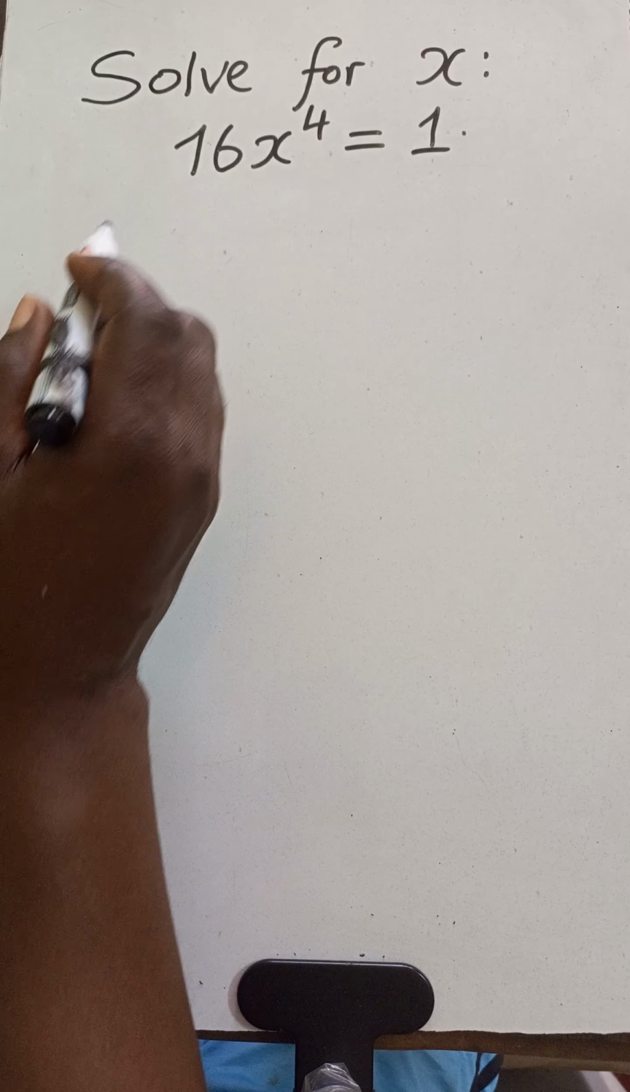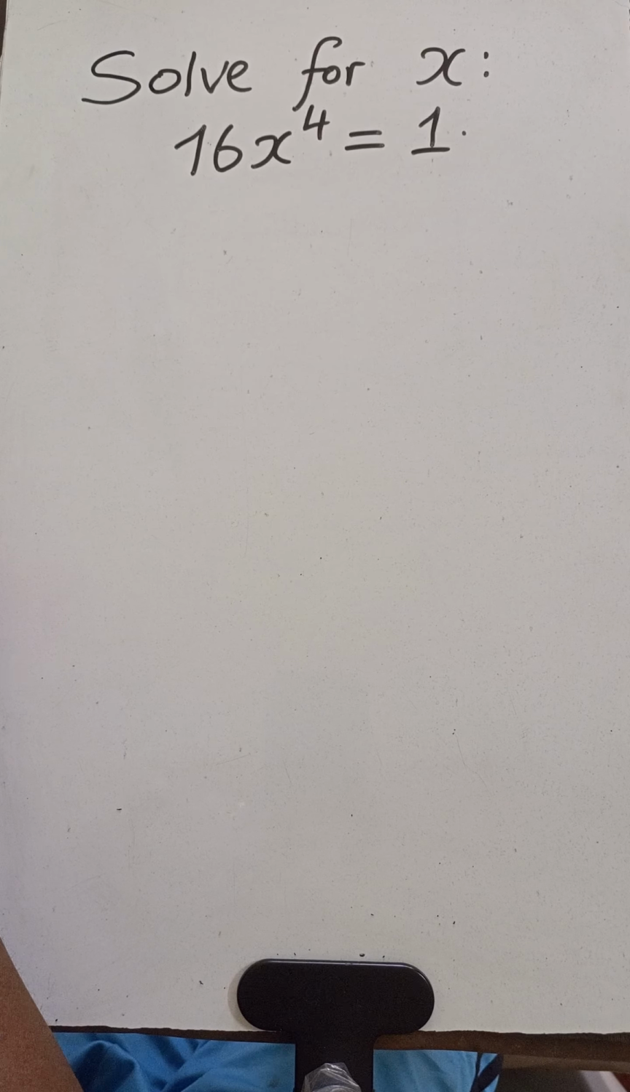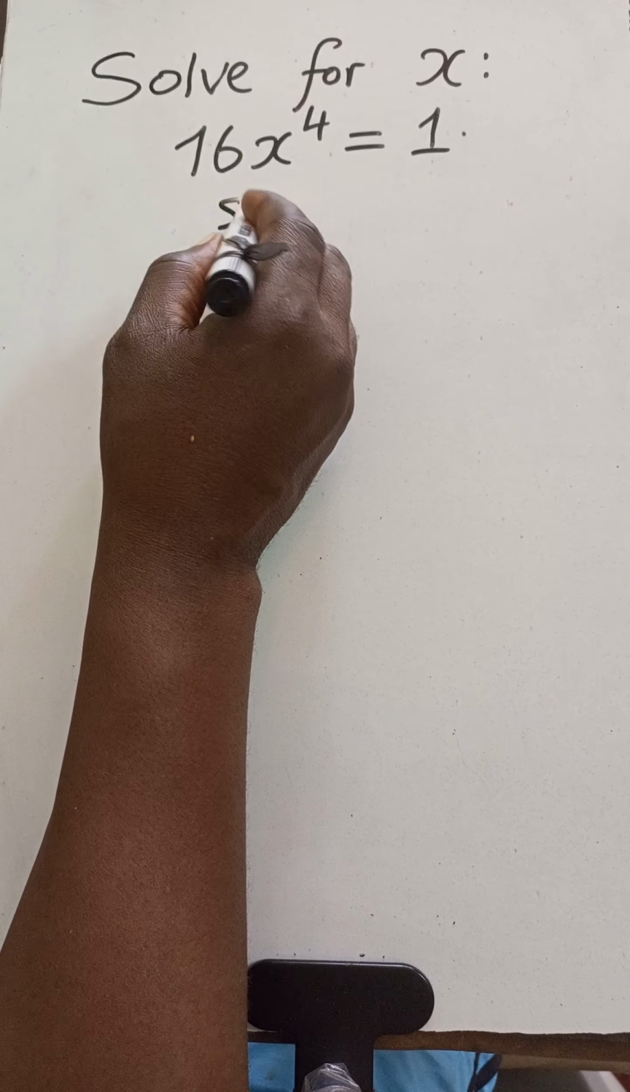16x to the power 4 is actually a polynomial of degree 4. A polynomial of degree n is always expected to have n solutions. So this one, which is of degree 4, we expect it to have 4 solutions and not one solution. Okay? So don't make the error